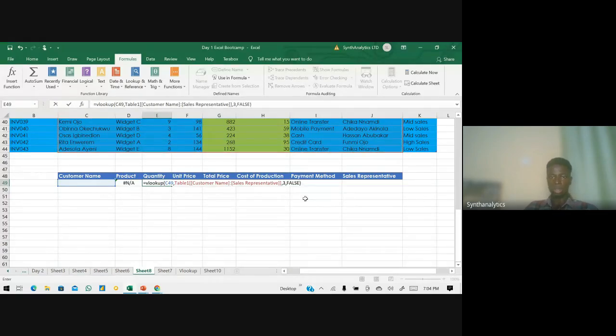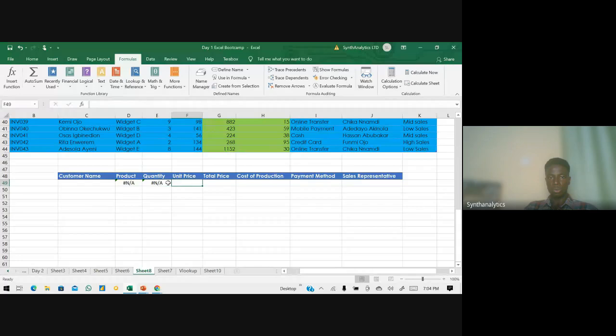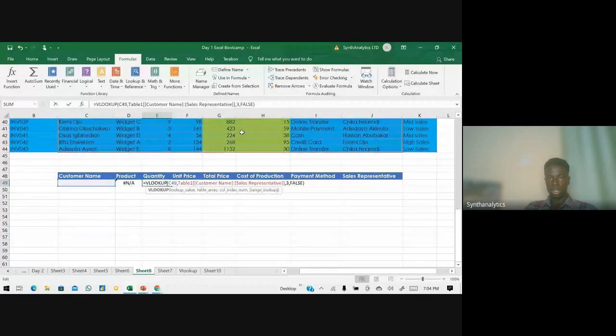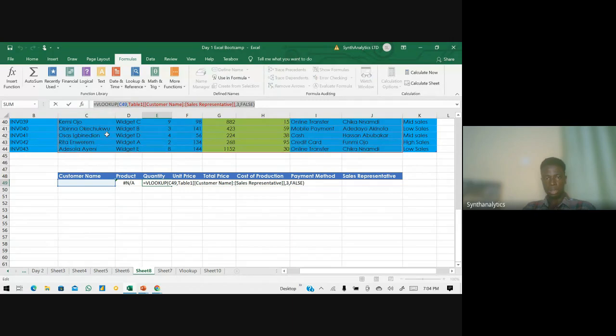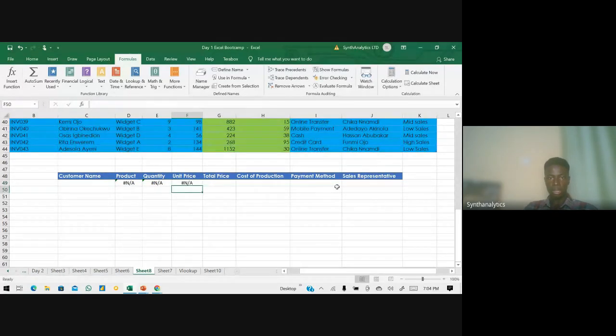So you can do VLOOKUP for all these guys also. Let me copy this to make work faster. Okay, but this guy is column 4 this time around, not column 3, column 4, and then enter.